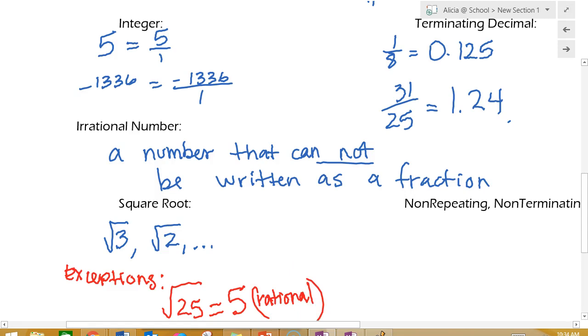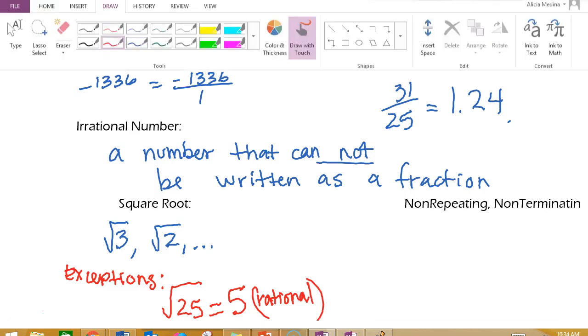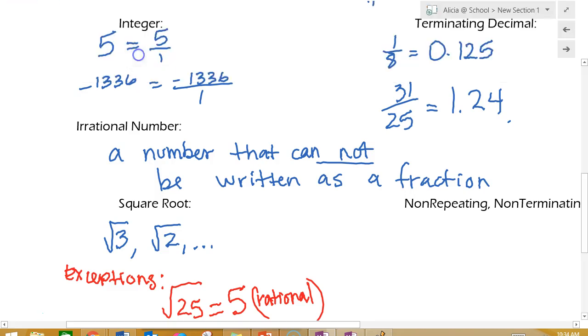Plug it into your calculator. See if you can make it into a fraction, because sometimes you'll have a square root of a number that is a nice square, or the cube root of a number that is a nice cube, and then your answer simplifies to an integer. So just always make sure you check those square roots to make sure they can or cannot be written as a fraction. Another example for an irrational number is a decimal that is non-repeating, so the numbers don't have a pattern,